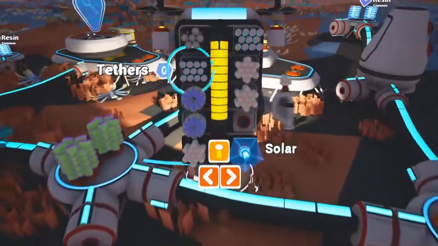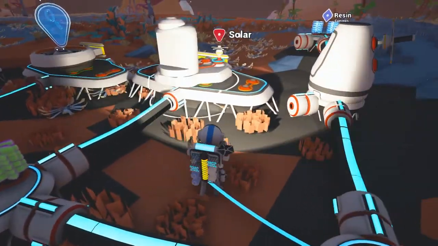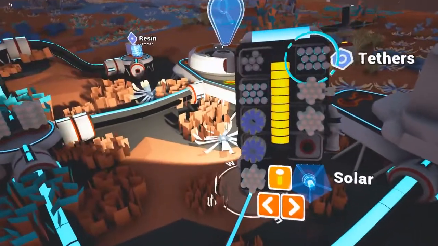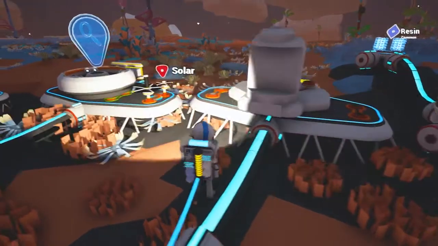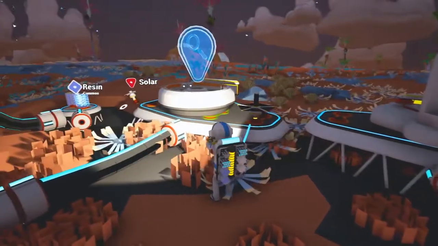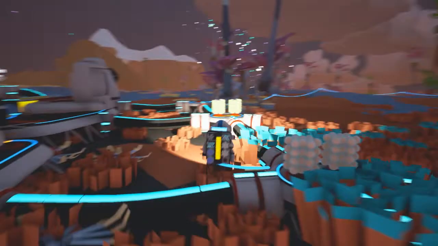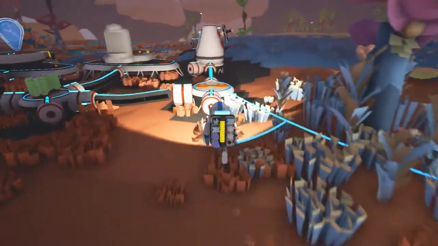So if I say, okay, let's take solar panel A, throw it here, and solar panel B, and throw it here. Actually, that's our smelter. We'll want our smelter free. Yeah, there you go. Well, let's be aesthetically pleasing here. One on either side is good. Okay, so since we are going to have a steady line of tethers, we are going to have a...